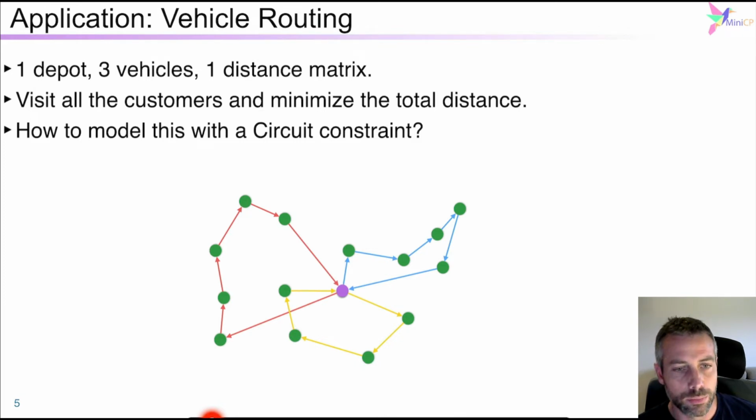But the goal here is to model this problem with just one unique circuit constraint. And that's not completely trivial, because the circuit constraint does not allow coming back to the depot, because you should visit each city exactly once. So if you consider the depot as one city, you should not visit it 3 times, as is the case here. So we have a small modeling trick that we use for modeling this problem with one unique constraint,